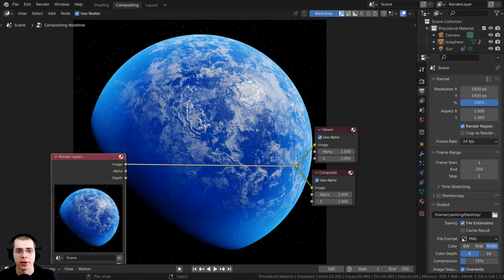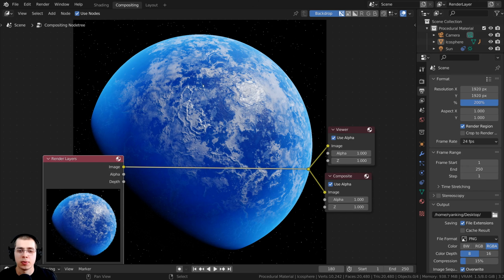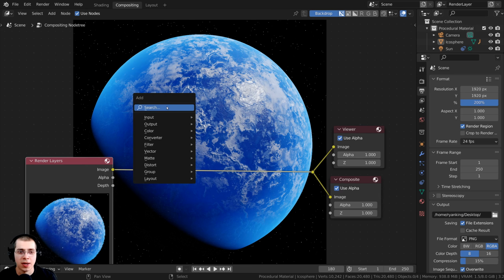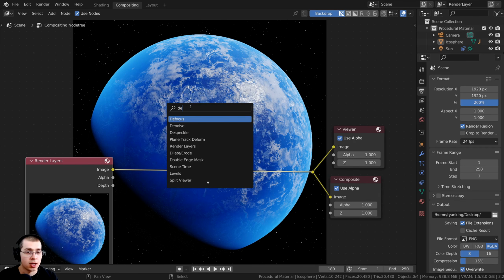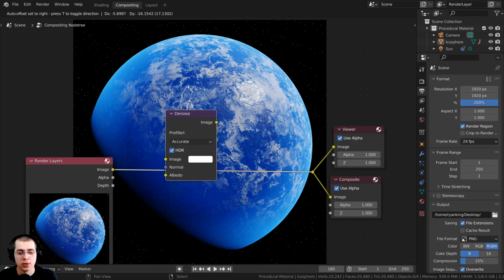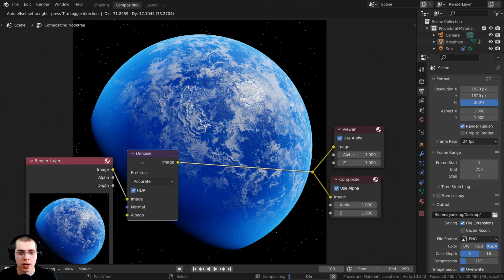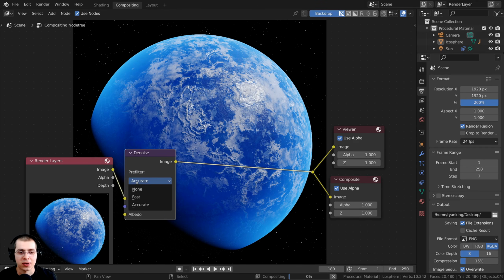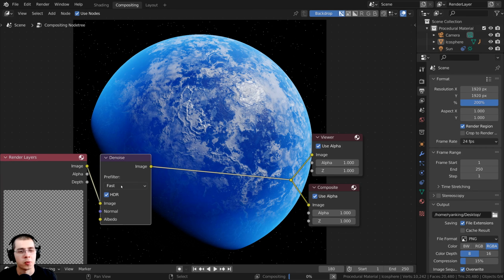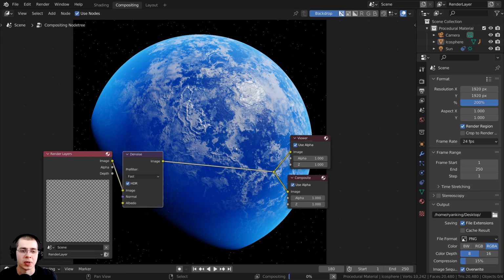in the single wire. So to start off, I want to denoise the image just to smooth it out and make it look a bit nicer, so I'm going to press Shift A. Let's go here to the search, and I'm going to search for the denoise node, and I can just drop the denoise node right here. And then I'm going to click on the accurate, and I'm just going to change it to fast so it works a bit faster. And I find that the quality really doesn't look any different,